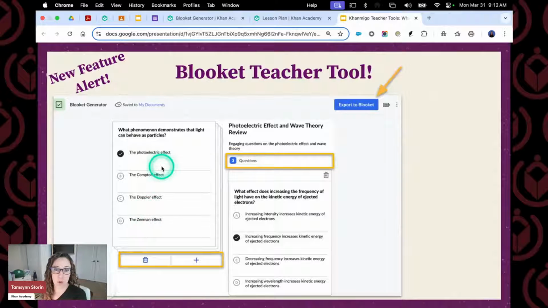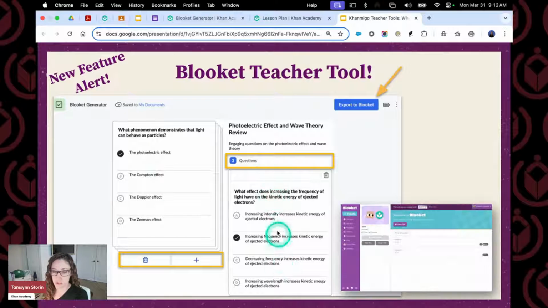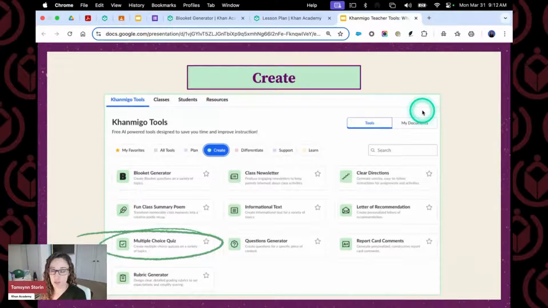Once you do that, this will open up and you'll get the option. There's like a deck of cards. And if you like the question, you can add it over here and it'll be listed down here. And if you don't like that one, delete and a new one will pop up. All the questions will be listed down here. You click export to Bookit and it's going to come into Bookit for you here. You can sign in and create away. So that is a nice little feature that has been created in our account for you.